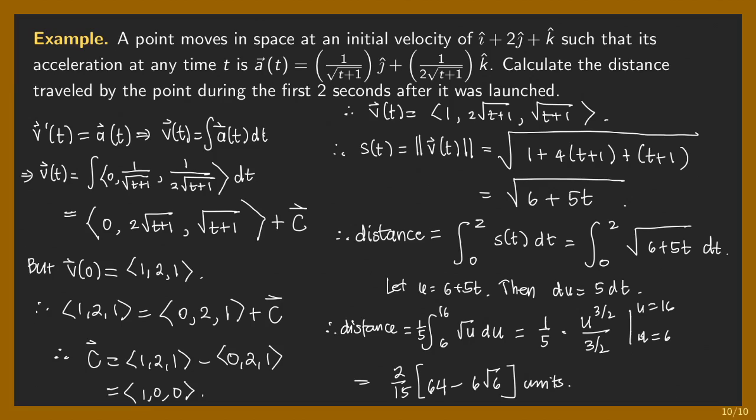In decimals, how long is this? I don't know. Maybe you can approximate, and I think this is positive, no? Because 6 square root of 6 is around 2 point something. So even when it is, let's say, 3, 6 times 3 is 18, 64 minus 18 remains positive. Okay, so this is a good answer.